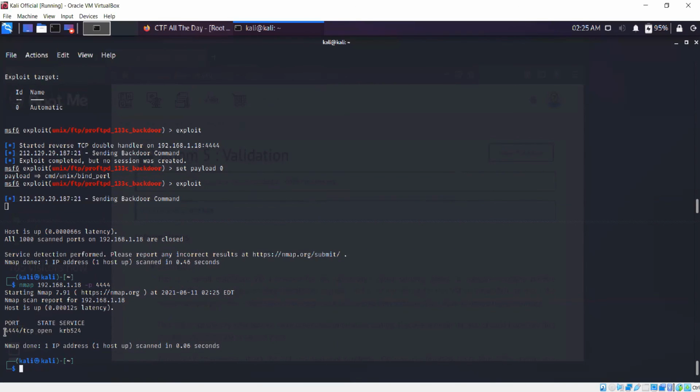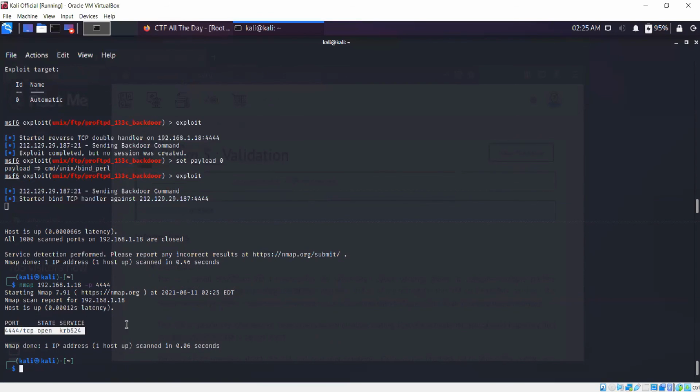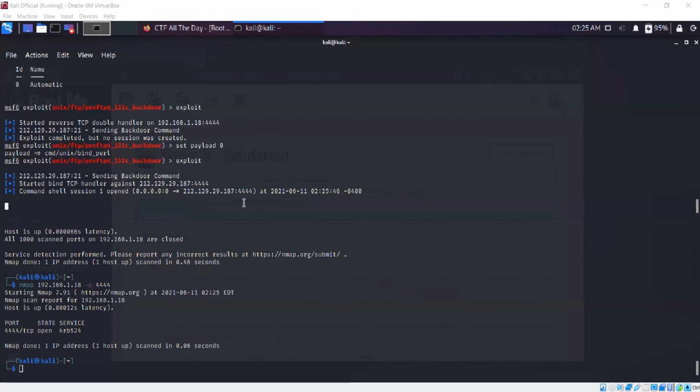And as you can see, this port is open on my machine, so I can listen in for connections through this port. All right, so this exploit worked, but the previous one I used didn't. So if you get messages like no session was created, just remember to try a different payload.